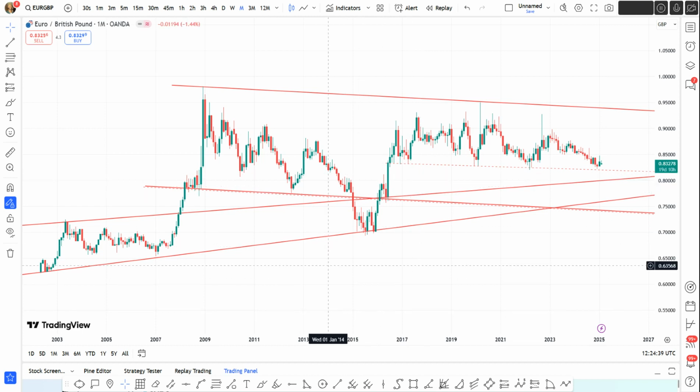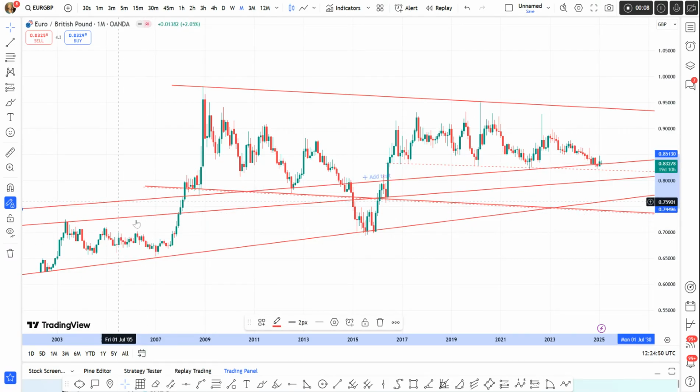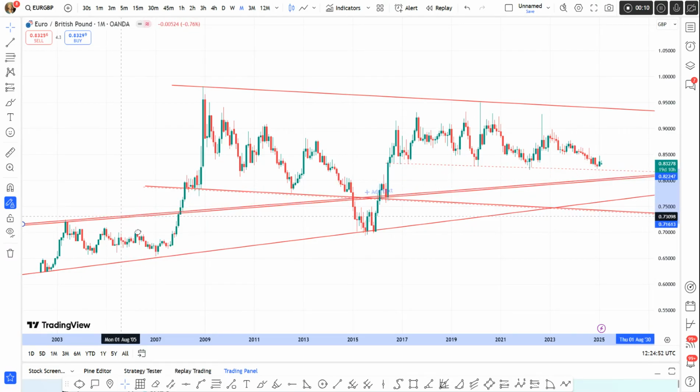So let's look at EURGBP quickly. Let's try and save time. There's no time. So the key thing here we looked at from the back end, and this is a monthly time frame for EURGBP,